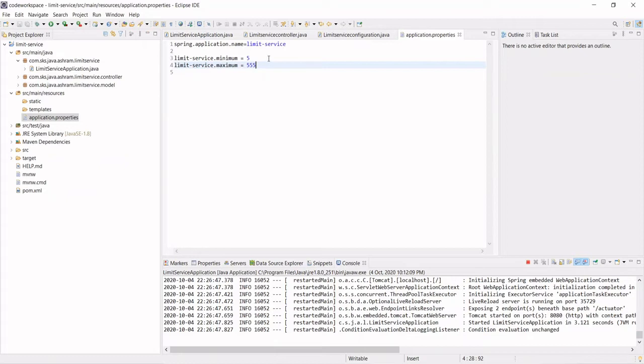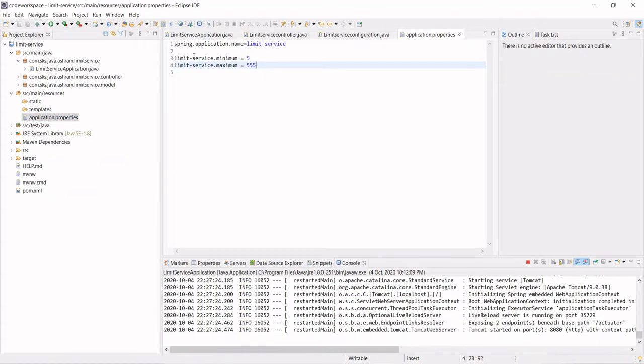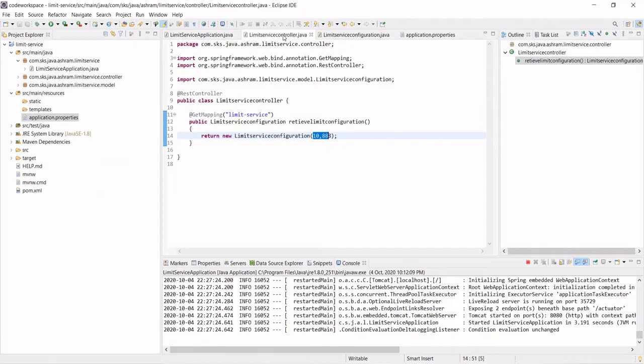So you have done the configuration in the application.properties file, minimum and maximum. What is the minimum limit? 5, and what is the maximum limit? 555.